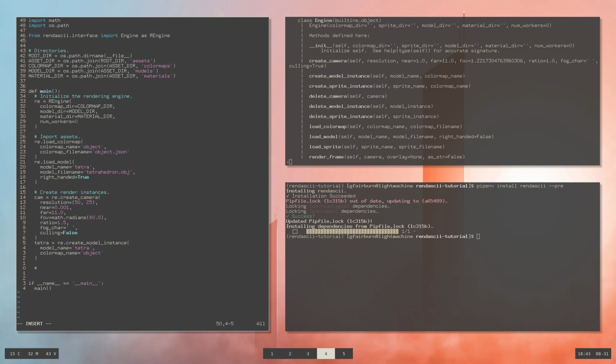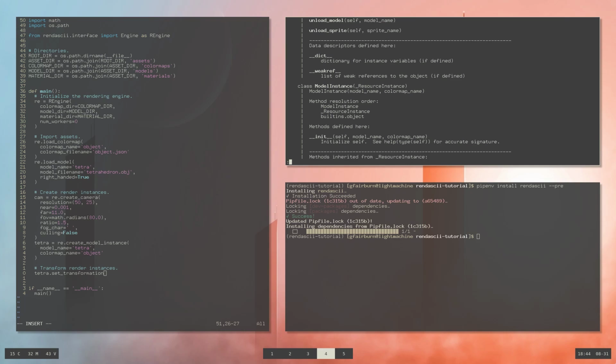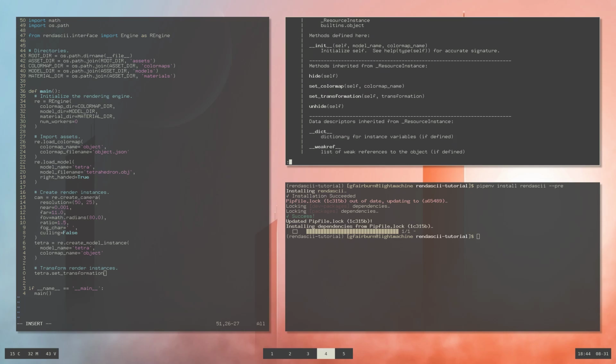Well, let's create a comment first, before I forget again. Transform instances. Call it render instances. What you need to do is take that reference to the render instance that we just created, and call setTransformation. And just for the sake of being thorough, you can actually see on the model instance class the documentation